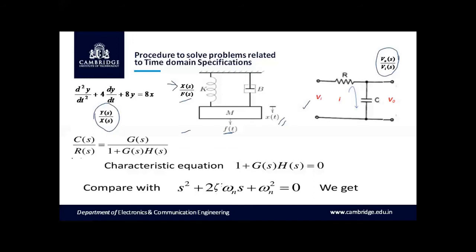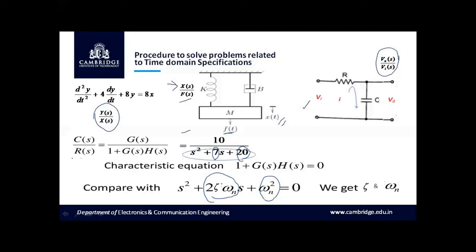which has been derived for a second order system, remember. So now if suppose you have obtained a transfer function like 10 by s square plus 7s plus 20, it is just an example to convince you. So now if you compare the denominator term here, s square plus 7s plus 20 is equal to 0, then we can compare the coefficient of s as 2 zeta omega n, which will be equal to 7, and omega n square will be equal to 20. So omega n is equal to square root of 20. You can obtain the value of omega n, and if you substitute into zeta omega n for the value of omega n, we can obtain the value of zeta.